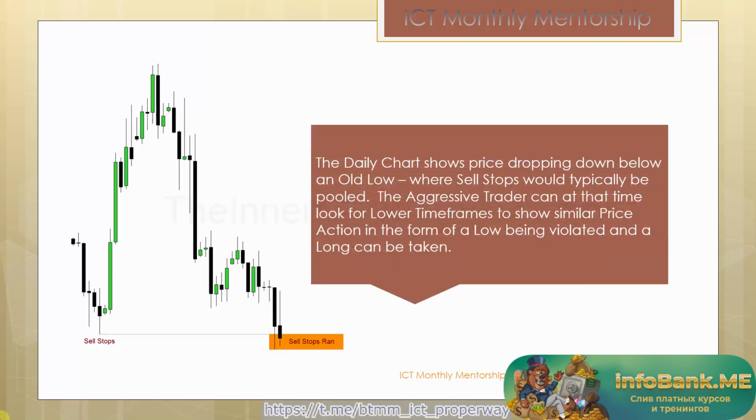Now, looking at this daily chart, you can see it shows price dropping down below an old low. And this is typically where sell stops are going to be residing, or as we call it, a liquidity pool. Sell stops will pool below this old low, and everyone that would be wanting to go long would have a sell stop right below that. And because everyone's doing that same thing, putting a sell stop here, that's where the idea of a liquidity pool comes from. All those orders are pooling together, okay, and creating a pocket, if you will, of selling